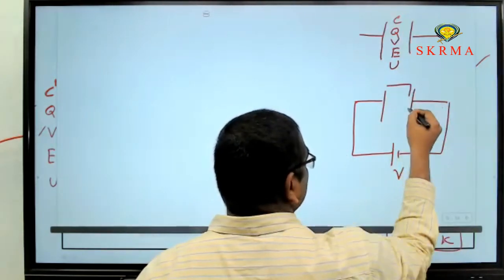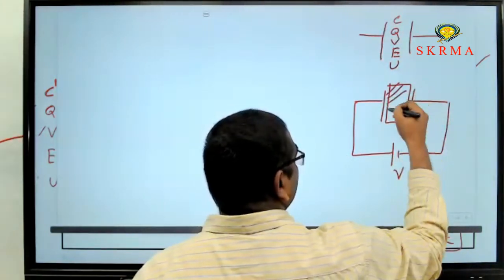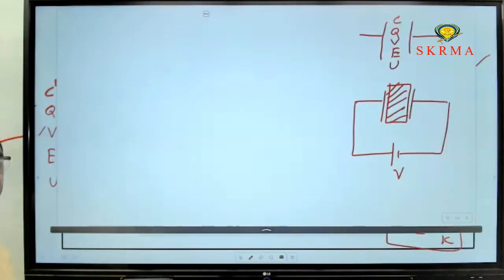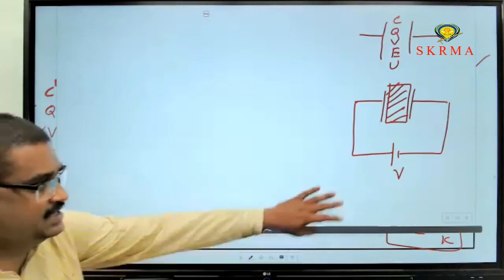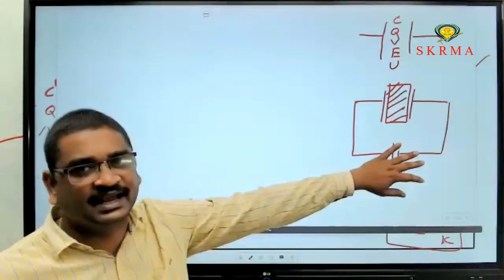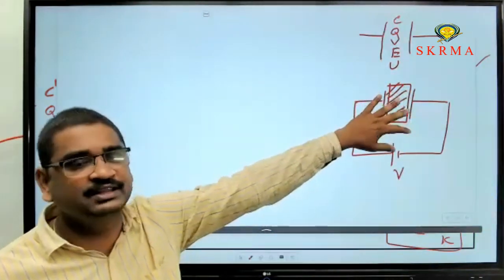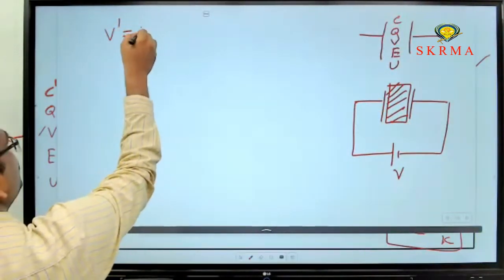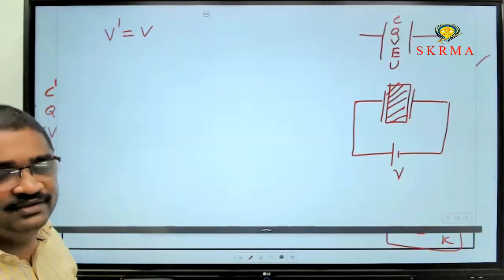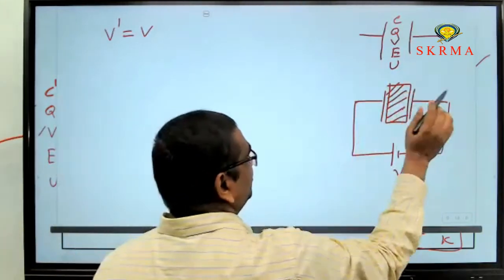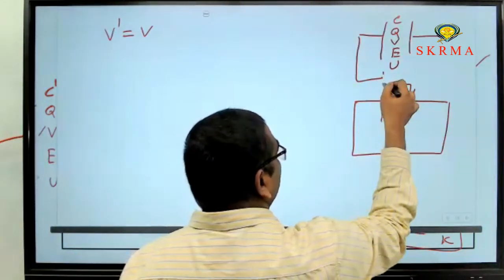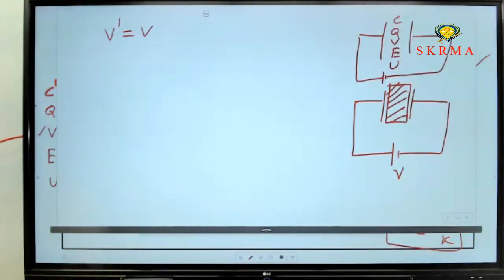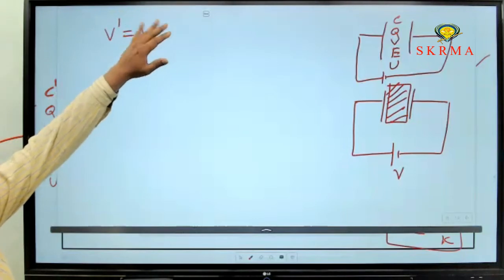Now, we are introducing some dielectric in this one, that is connected to battery. After that, we are introducing the dielectric. In that process, the battery is connected only. Now, if the battery is connected to capacitor during this process, then new potential is same as old one. Potential is constant. We are introducing dielectric when capacitor is connected to battery, so that a new potential and old potential are same.